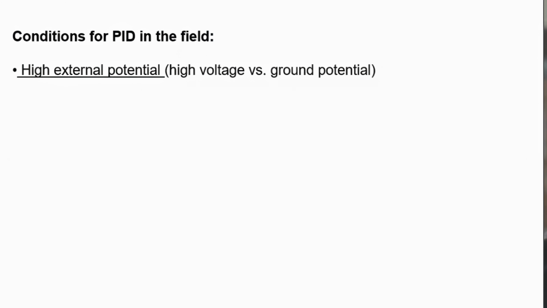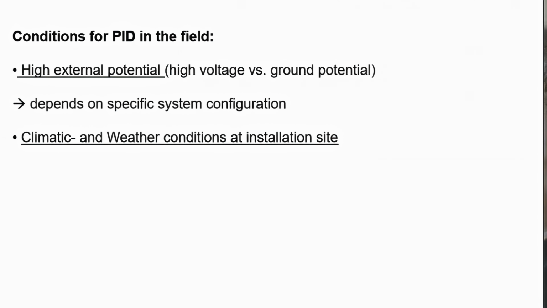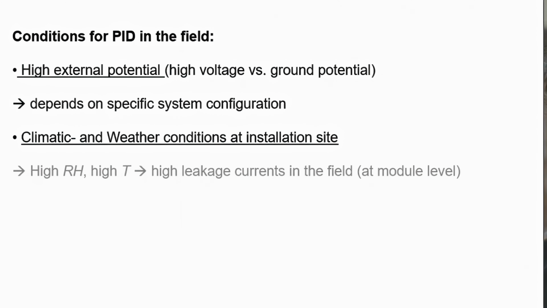So conditions for PID in the field is a high external potential, so high voltage versus ground potential. Depends on the specific system configuration. There are climatic and weather conditions at the installation site. So we have a high relative humidity, a high temperature, and that leads to a high leakage current in the